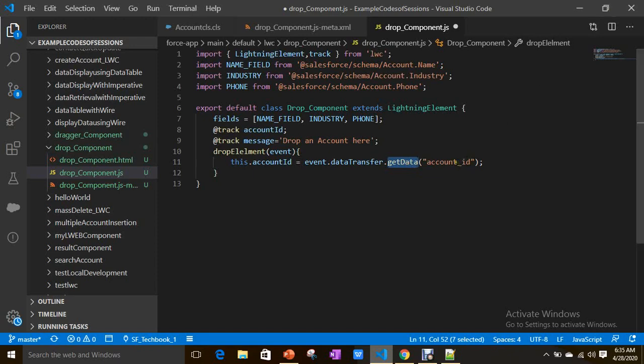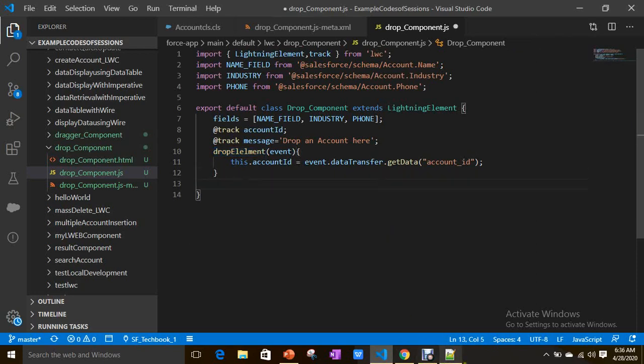And if you see here, I'm using the same variable name that I assigned there in the drag element, and it is going to assign it to the account ID. But when does this handler get called, whenever this action is invoked from HTML, right? Basically, whenever a drop occurs, whenever drop fires, that means we have an event, right? The event fires whenever an element drops on the drop location, right? So we'll see that also.